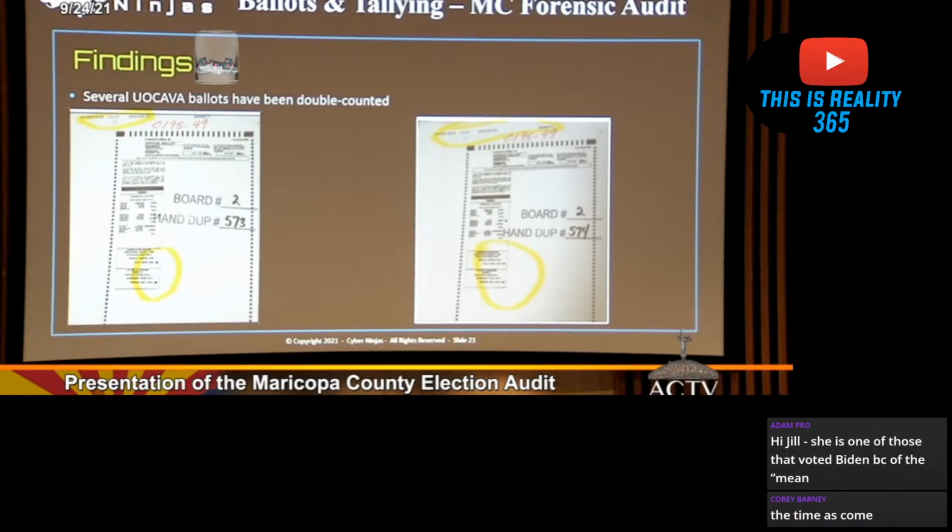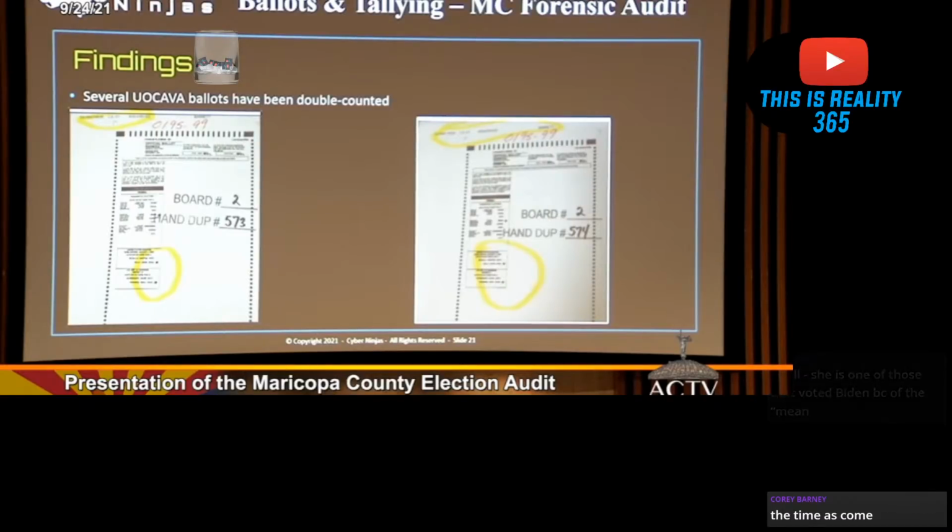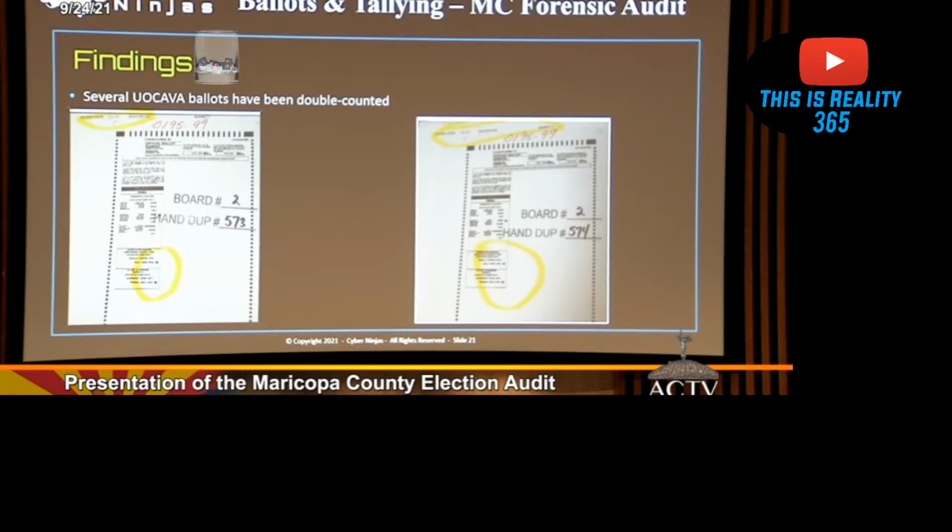and it's probably too small for you to read, but if you read the serial number circled on the top left, you'll notice that the timestamp and the serial numbers are exactly the same, which means that someone likely printed out the Ucava ballot twice, and both of them made it into these things. We did not find this in a lot of quantities, but